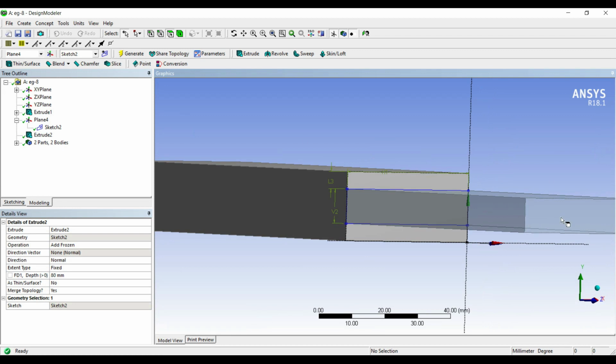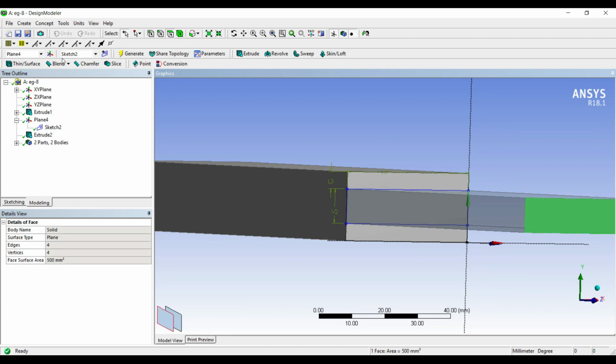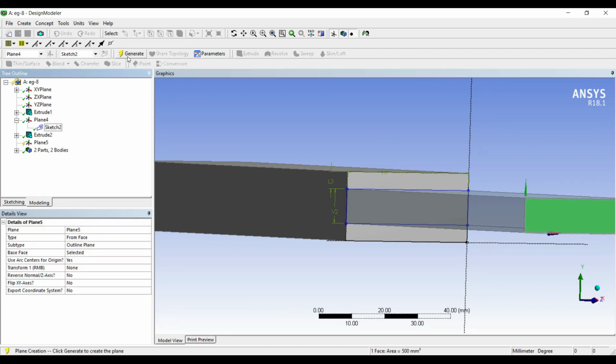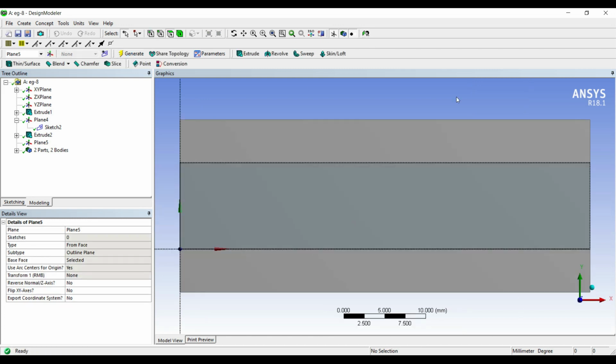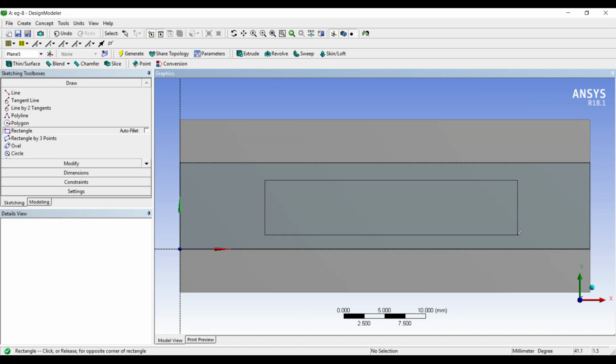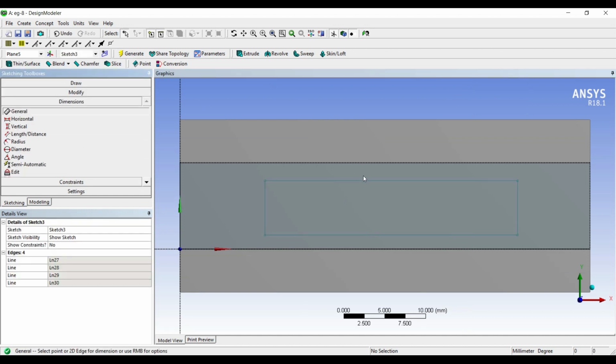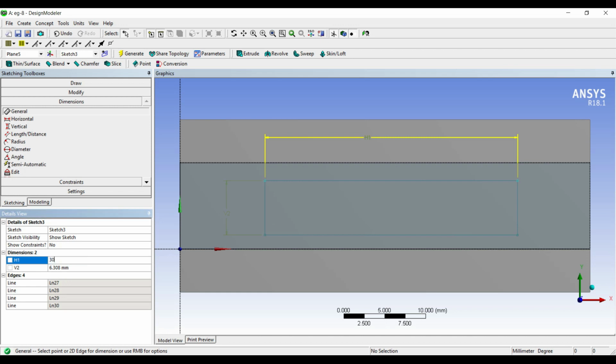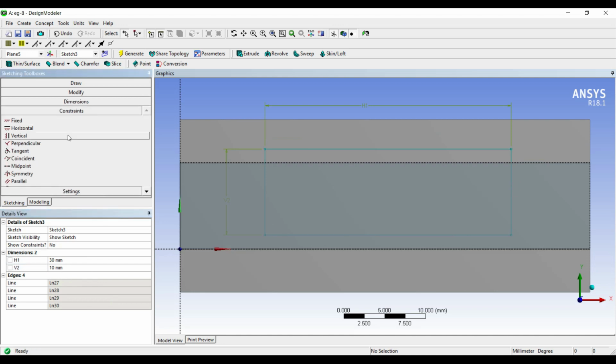I need to select this face, new plane, generate, look at. I'll go to sketching, I'll make another rectangle. This time the dimension of the rectangle, the area given is 300, so this will be 30 by 10. Now simply I can use the option of coincident, but before that I am going to just mark some distances here.